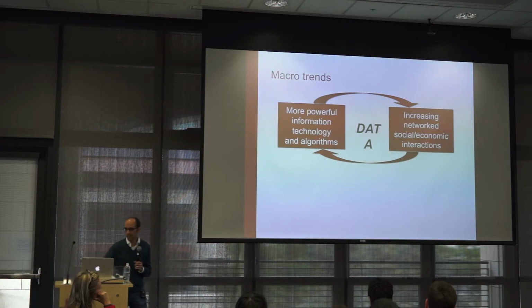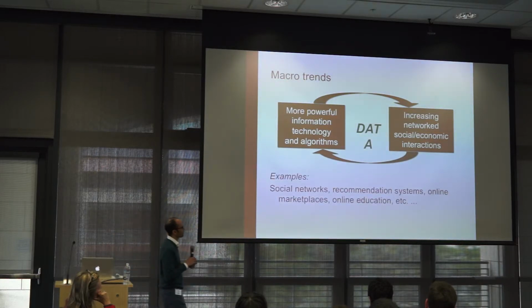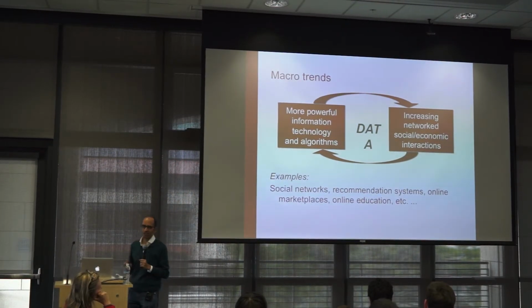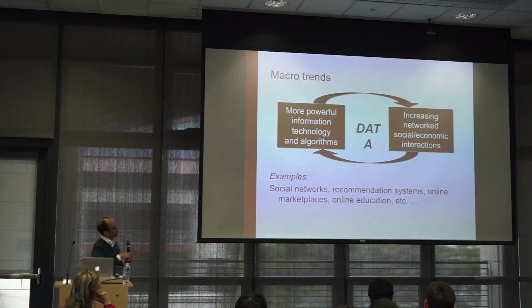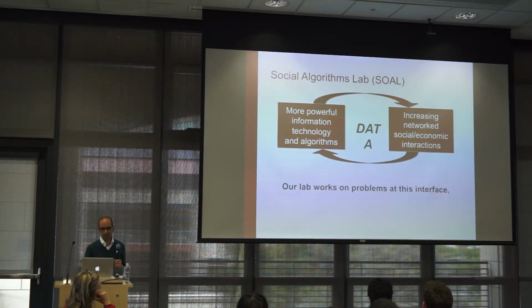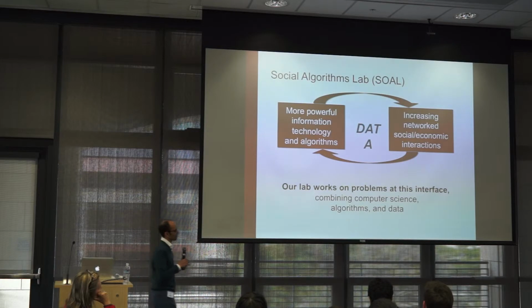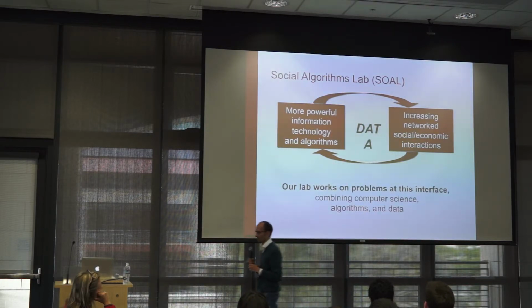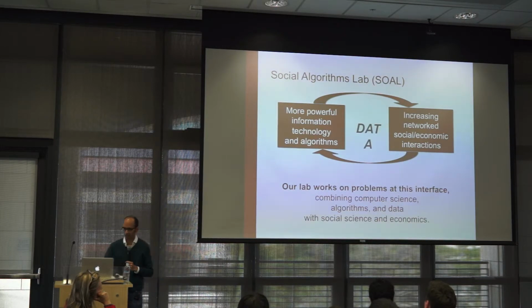Okay? And so that's a loop which we've seen play out over and over again: social networks, recommendation systems, online marketplaces, online education. These are all examples where this loop between algorithms and technology on one side and data generated by social and economic interactions on the other is playing out over and over again. And so our lab basically lives at this interface, combining computer science, algorithms, and data, which is really the hallmark of our own training, with social science and economics,